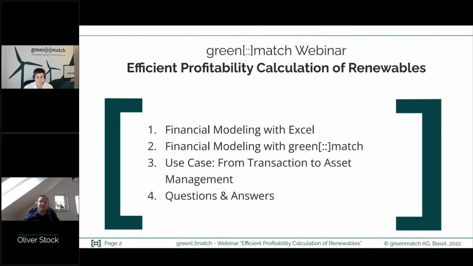During the next hour, we will deal with the profitability calculation of renewable energy projects, and we will focus on the following subtopics. We'll start with the financial modeling of renewables with Excel, and then move to financial modeling with greenmatch. This is where we will show you that efficient and nevertheless reliable profitability calculation is possible for renewables. We will then show a use case from transaction to asset management before we will close the webinar with a